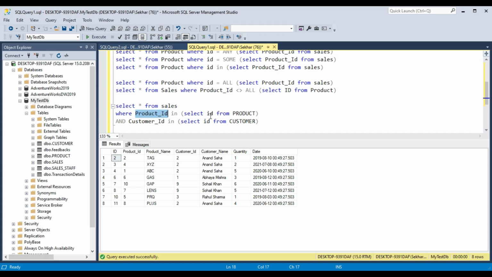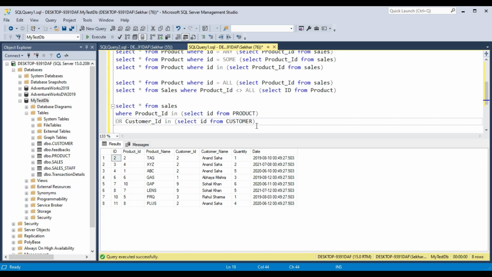The IDs returned as part of this subquery are used for product ID, and ID from customer is passed to customer ID, and then the outer query is running on those values and giving us the result. So you can use and, you can use or also, just to show you that you can have multiple subqueries in certain circumstances.